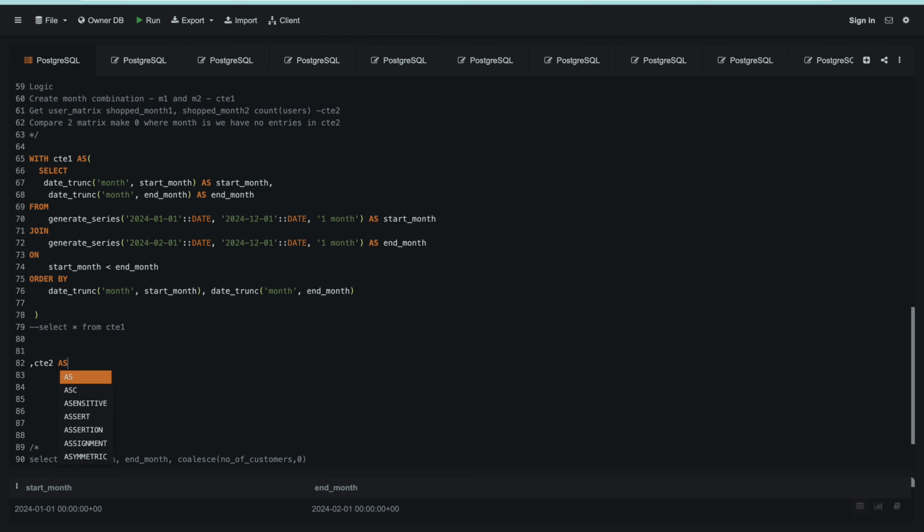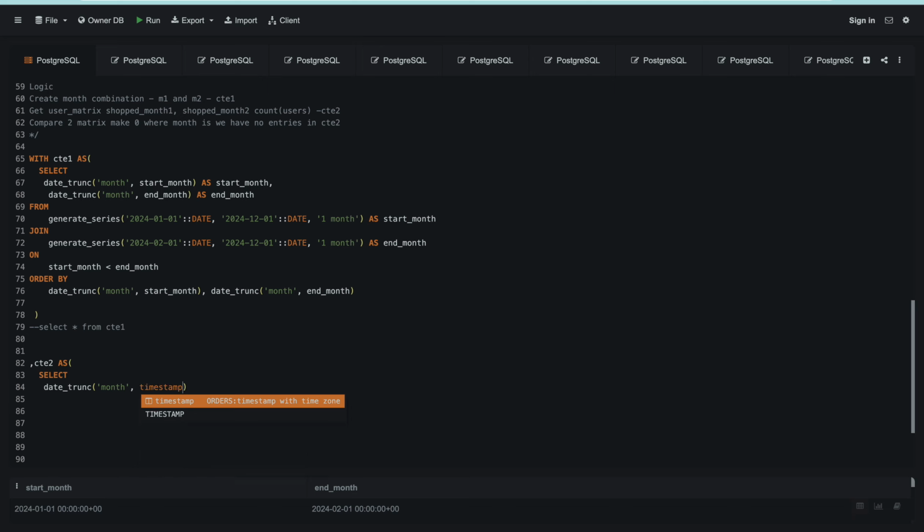Let me call this CTE2, and I'm going to select the date trunc. I will copy it from here, and the name of the column in the orders table is timestamp, and this one would be O1. Okay, let me call this shopped